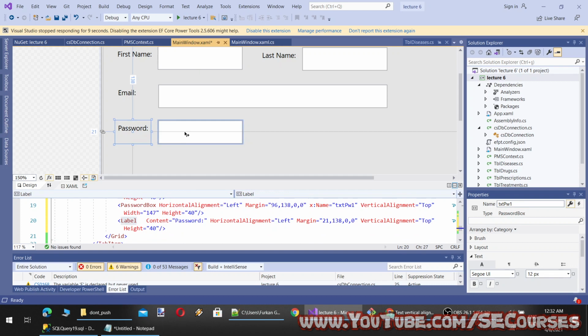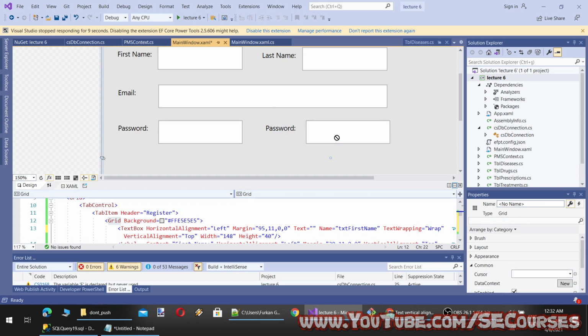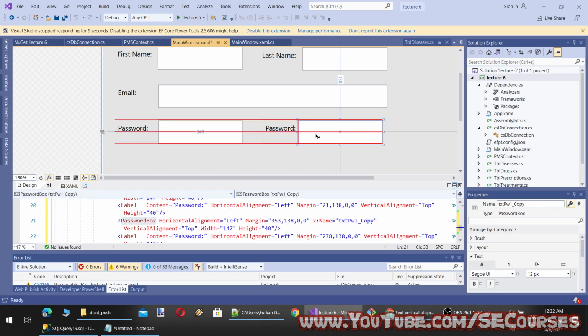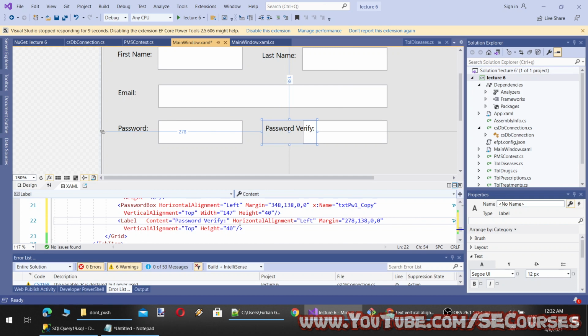Okay, so for password verify, we need text wrapping for this.